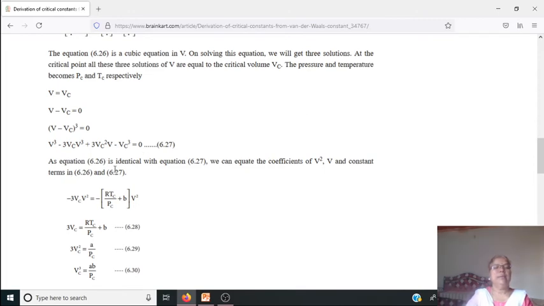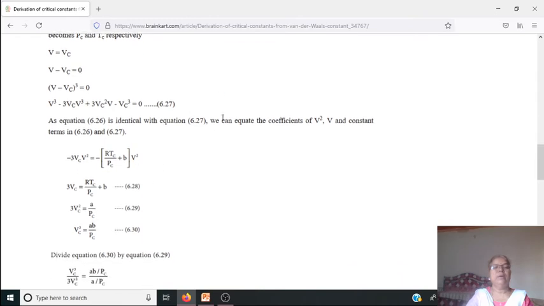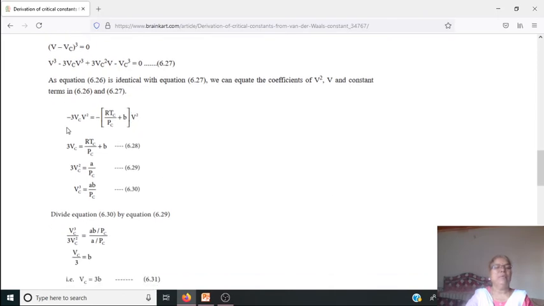As this equation is identical with equation number 6.27, we can equate the coefficients of V square and V and the constant term in equation number 6.26 and 6.27. So we can write minus 3 Vc into V square equal to minus RTc by Pc